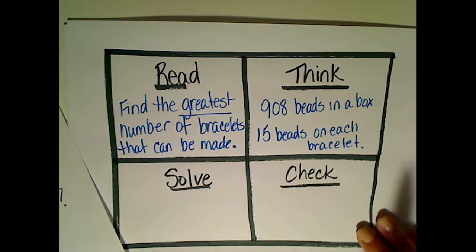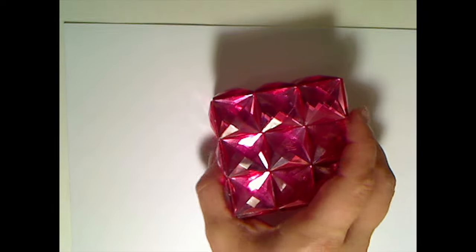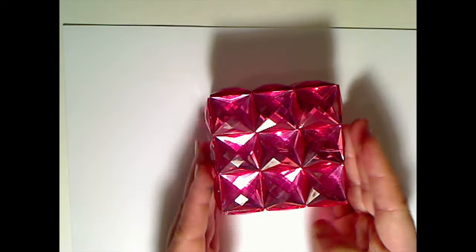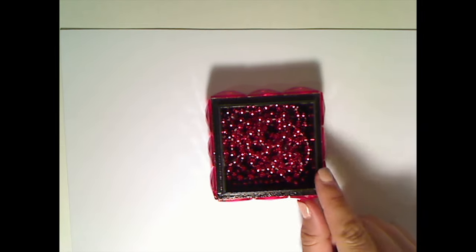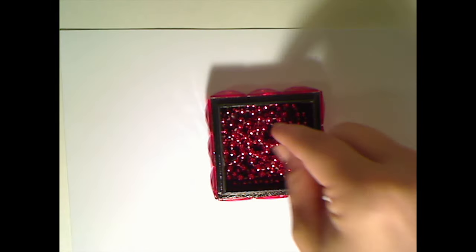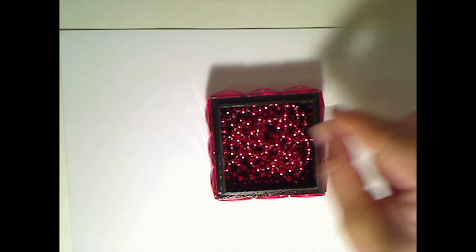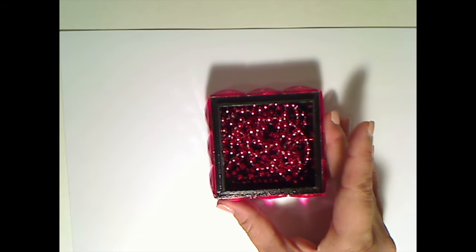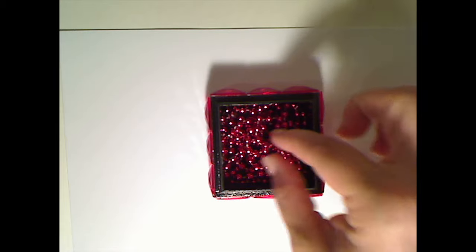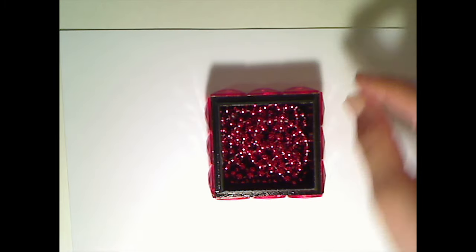Okay, so let's take a few seconds and visualize. I want you guys to start visualizing what exactly a word problem is saying, asking, and so on. So Tara has a box of 908 beads. Here is a box. We're going to pretend there's 908 beads in it. So there's 908 beads in Tara's box. She wants to put 15, so she wants to take out 15. Remember that separating? We're separating 908. So now that we know, based on our modeling, and now that we know we want to separate these 908 beads,